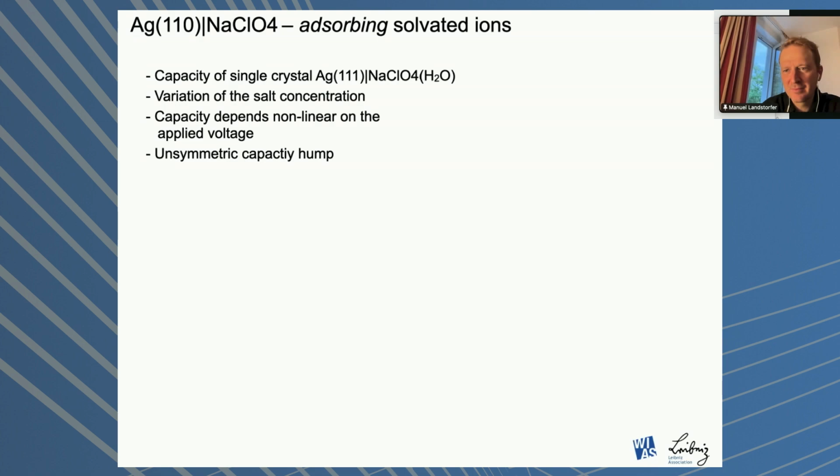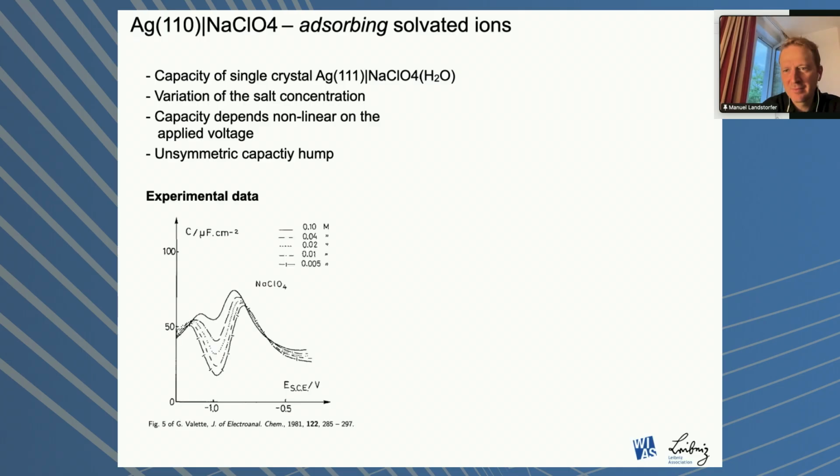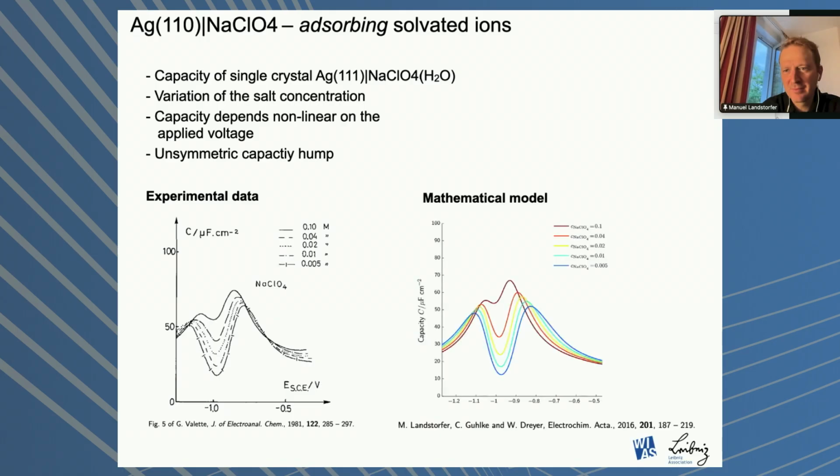Okay, so all of what I have said was mainly for ions which do not specifically adsorb on a surface. And the perchlorate here, sodium perchlorate, for instance, is an example set where the perchlorate ion slightly adsorbs on the surface, and this can again be achieved within this framework by introducing adsorbates which have surface solvation shells in a sense, or partially solvated ions on surfaces. There are different wordings for this.